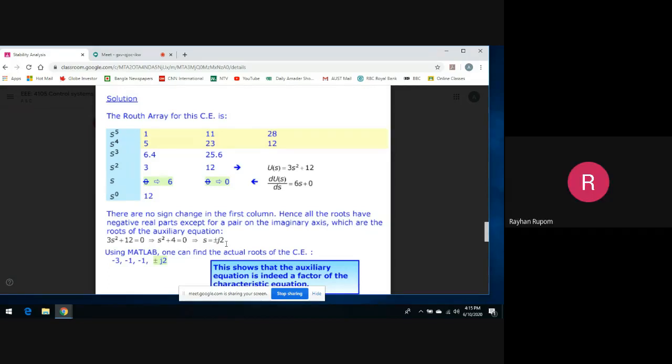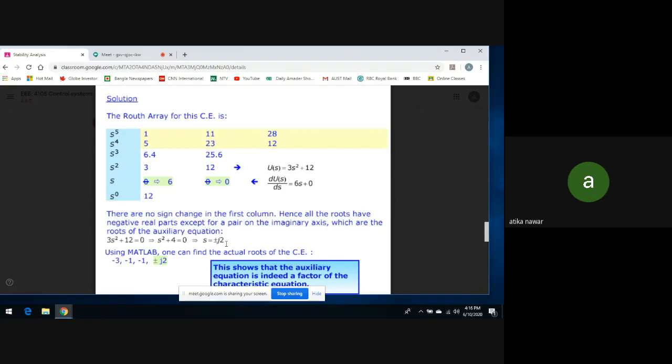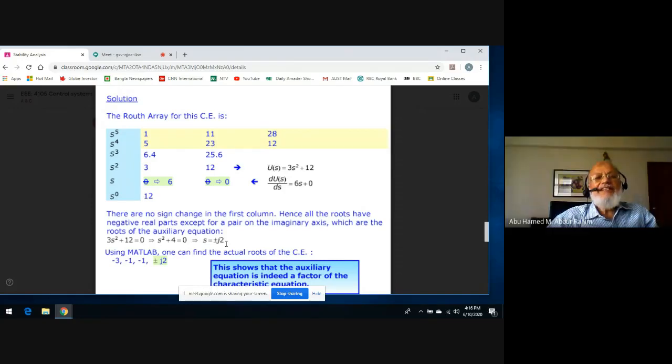স্যার এটা জিরো এক্সিস মানে মার্জিনাল প্লেন স্টেবল হয়ে গেছে, ইয়ার মধ্যে পড়তেছে। এক কথা তুমি ঠিকই বলেছো, কথাটাকে পরিষ্কার করে বলো দেখি সবাই শুনুক। হ্যাঁ, কি বলছো? তুমি ঠিকই বলেছো, ইমাজিনারি স্কেলের উপর কোন রুট থাকলে সেটা মার্জিনালি স্টেবল হয়ে যায়। Marginally stable হয়ে গেছে. That's right. So this is the inference that you don't have any roots on the right half S plane, all right, but you have got two roots on the imaginary axis.